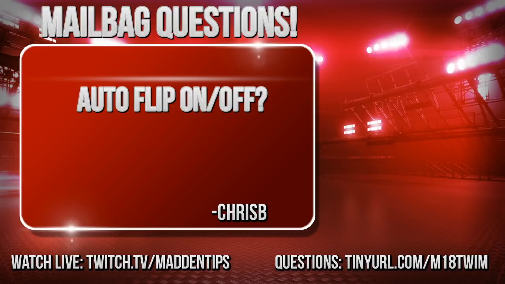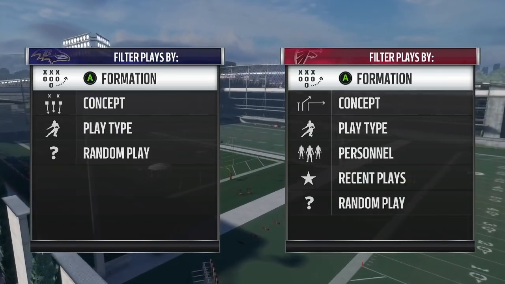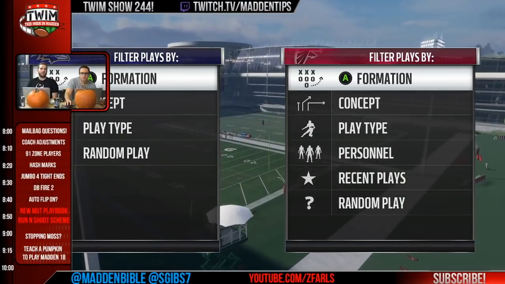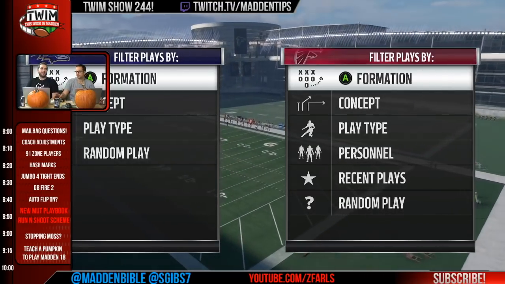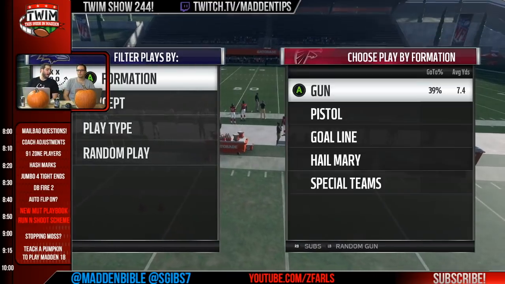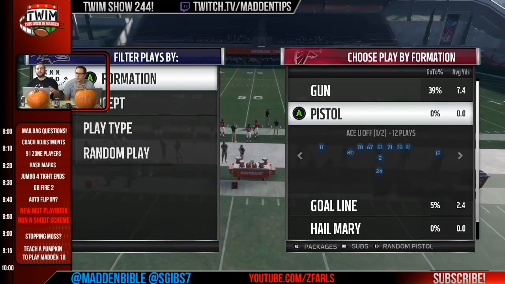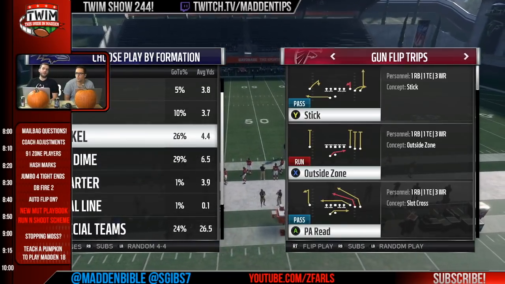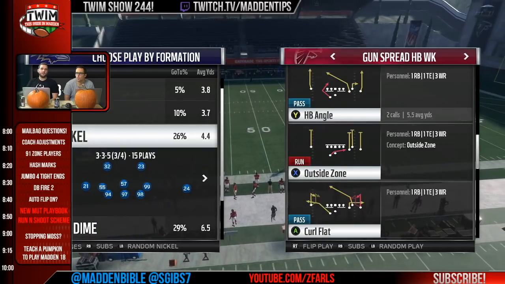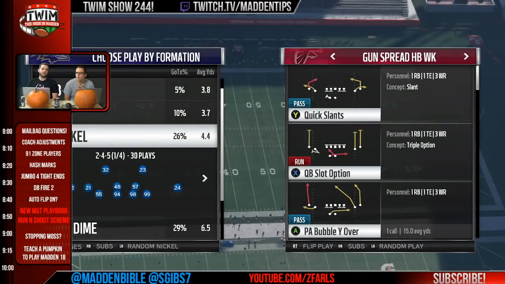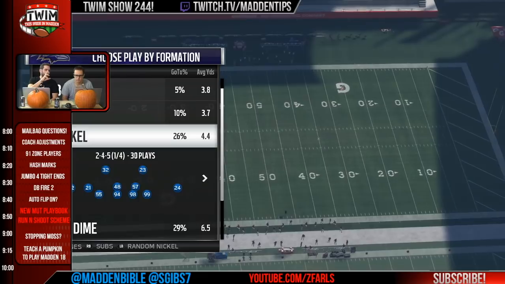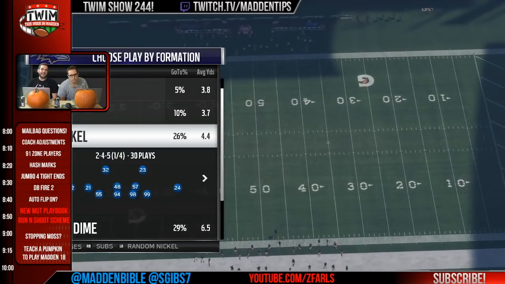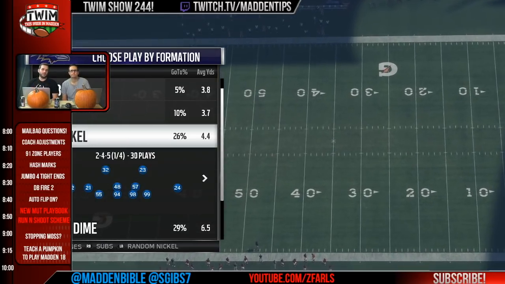Auto flip on or auto flip off? It's a great question. So auto flip is, by default, on. And what it does is it gets your defense in the best position possible to defend formations. So it aligns your formation appropriately so that you're always in a balanced set. The best way to see that is if you come out in a nickel formation, because a nickel formation is